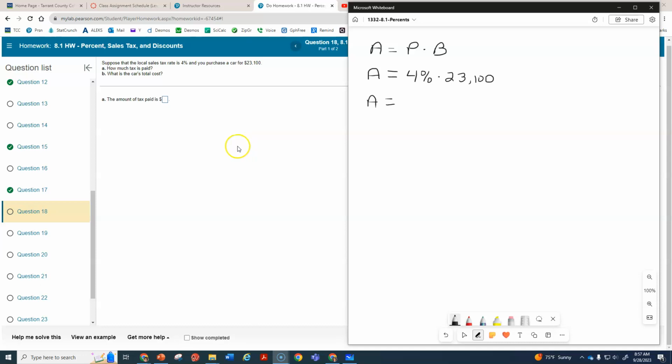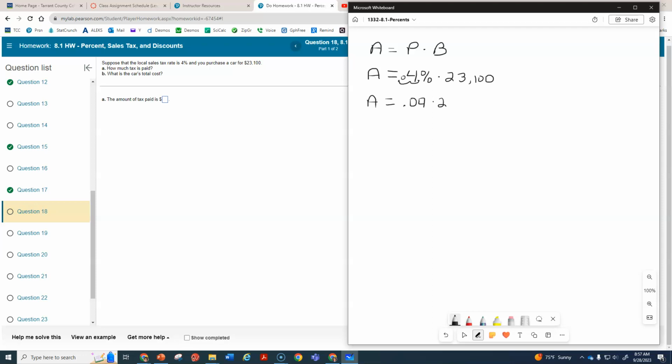Okay, question 18 is talking about buying a car. You have to pay tax on your purchases, so we use A equals P times B, where B is the cost of the car, P is your percentage rate, and we're going to find the amount of tax. It says how much tax is paid. We're going to find that by doing this multiplication. You can't multiply using the percentage, so you do have to change that. Here's the decimal right here. We're going to move it over 2 places, so it becomes